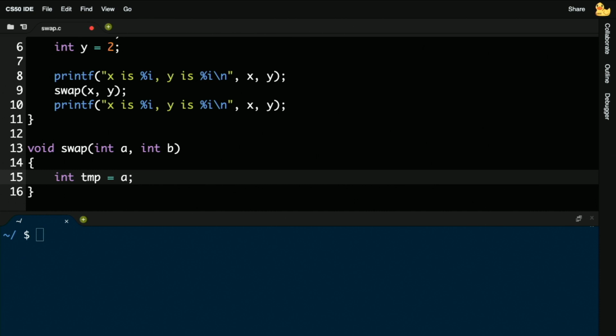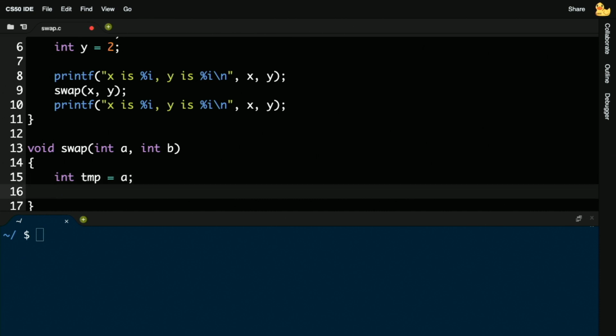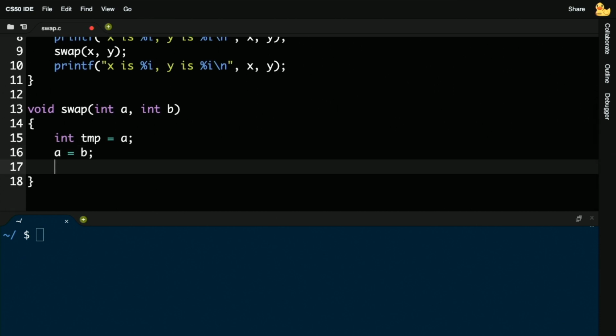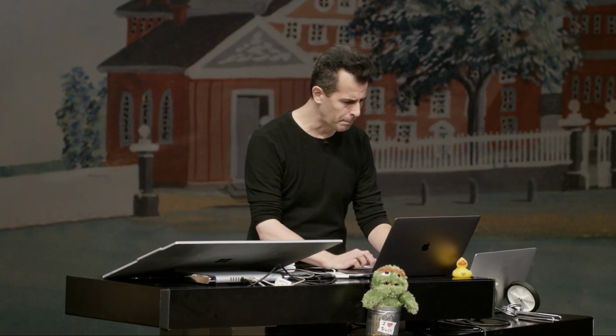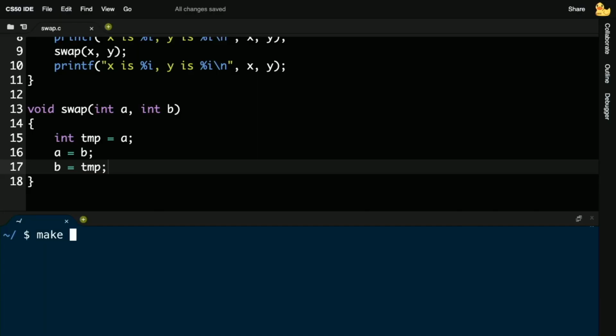And I'm going to assign it temporarily the value of A. I'm going to then change the contents of A to equal whatever the contents of B are. And then I'm going to change B to be whatever the contents of temp were. So this feels pretty reasonable and pretty correct because it's just a literal translation into code now of what Brian did in the real world. And I think this will compile. So let's start there. Make swap.